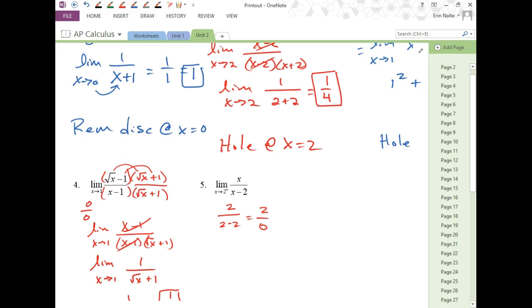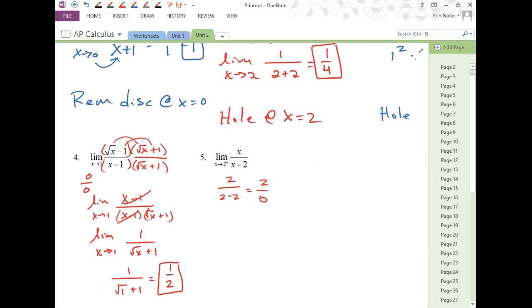How am I going to choose if I don't have a calculator to check it on? How would I do this algebraically? How about let's pick a number that's on the right of 2. Very close to 2. So give me a really, really, really close number to 2 that's on the right of it. 2.1. Okay, let's get really close. I think 3 could be potentially too far away. We want to be really close. So let's use 2.1